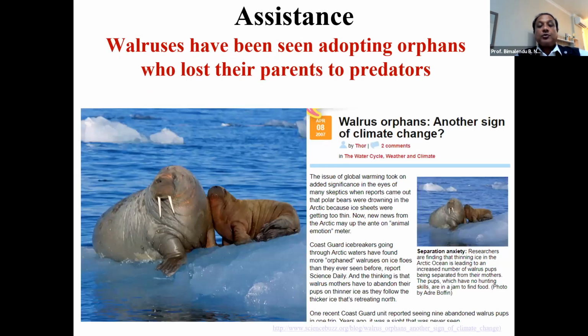This is something I'd like to bring to your attention, that the walruses have been seen adopting orphans who lost their parents to predators. So this is an article you can read, and this is something to do with the